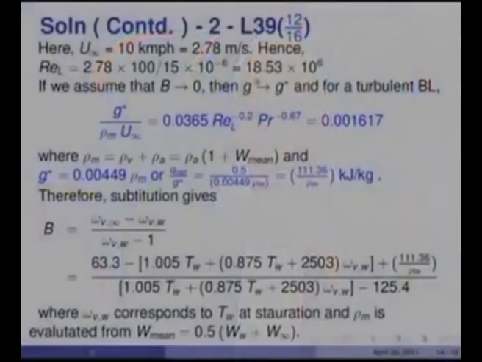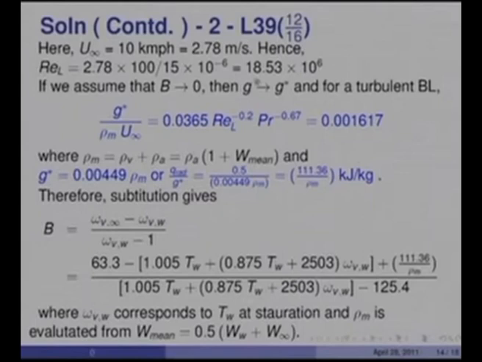Now, here U infinity is 10 kilometers per hour that has been given, which essentially means 2.78 meters per second, and therefore, the Reynolds number would work out to be 18.53 into 10 raised to 6, and we calculate for a 100-meter lake. We assume B tending to 0 and G tending to G star, and then for a turbulent boundary layer, the Stanton number would be 0.0365 Re_L to the power of minus 0.2 Prandtl to the power of minus 0.67, and that would be equal to